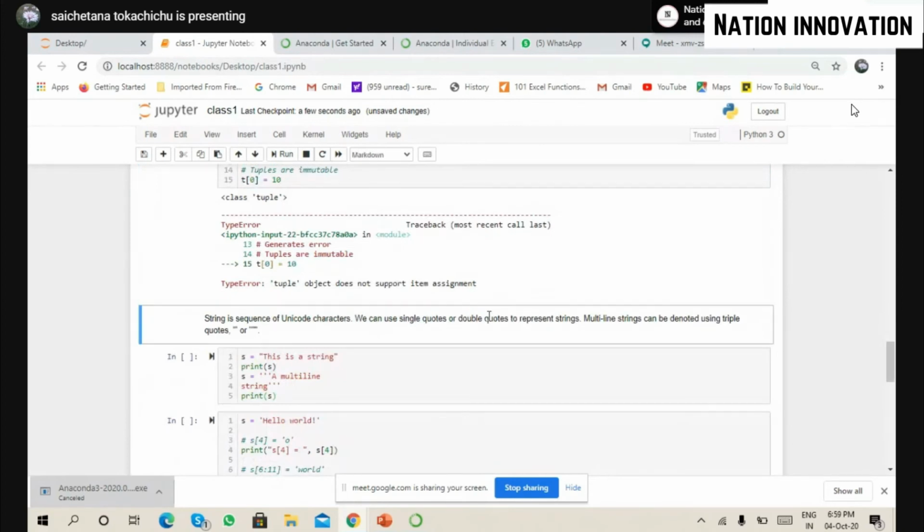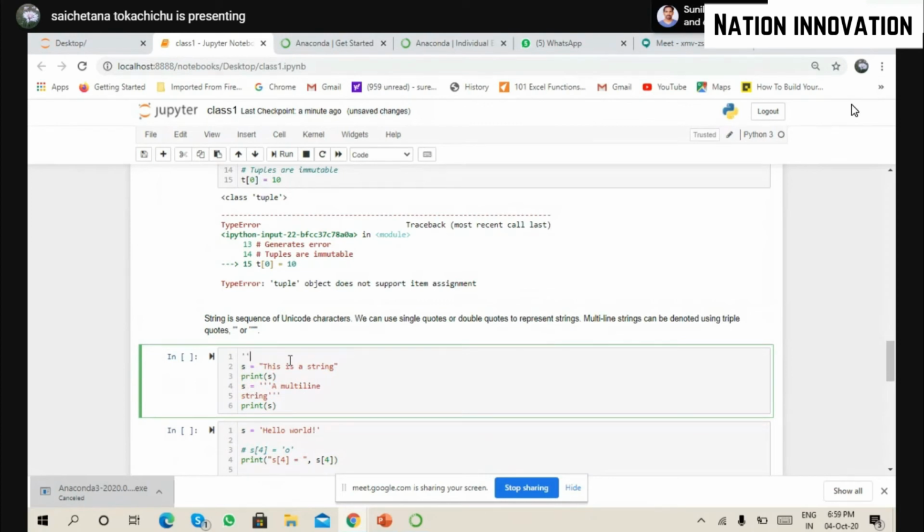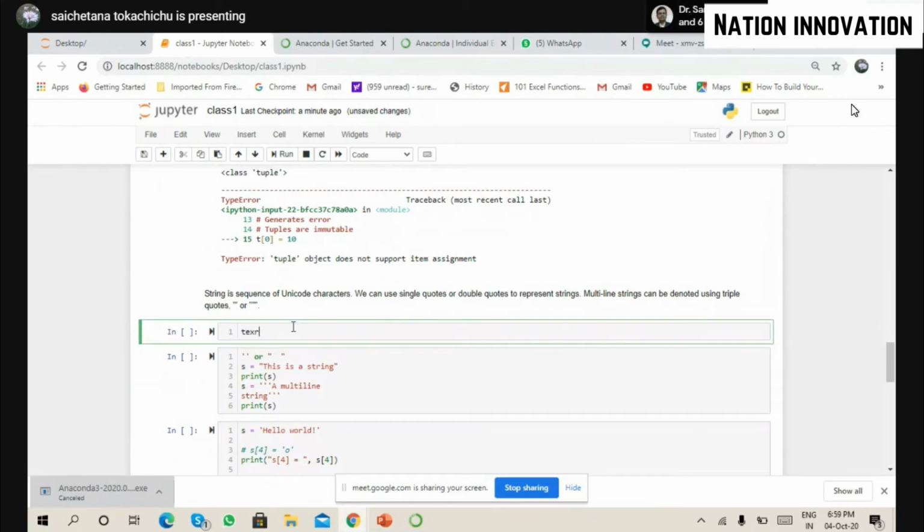So next, what do we have? We have string. What is a string? String is text, right? As I've told you earlier, a string can be written in single inverted or in double inverted commas. Inside the double inverted commas, you write everything. So starting and ending should be the same. Let's say our text is equal to, I'm starting with a single inverted comma and ending with a double inverted comma, and I am writing something good.